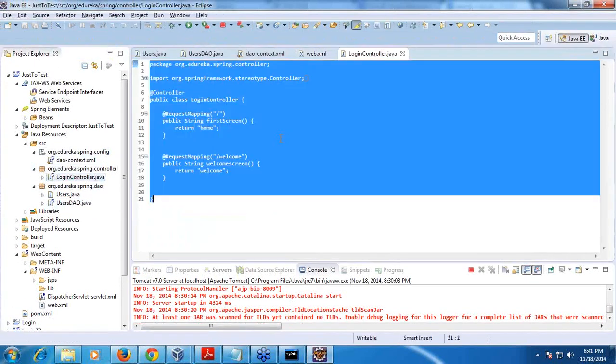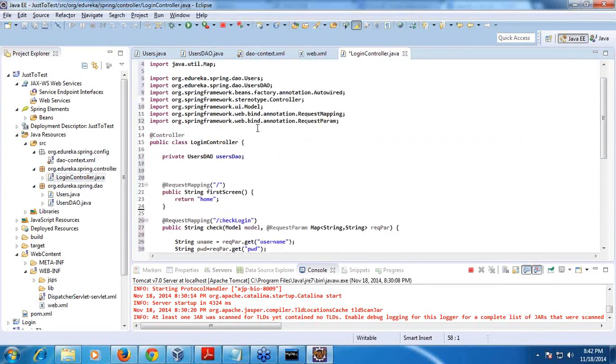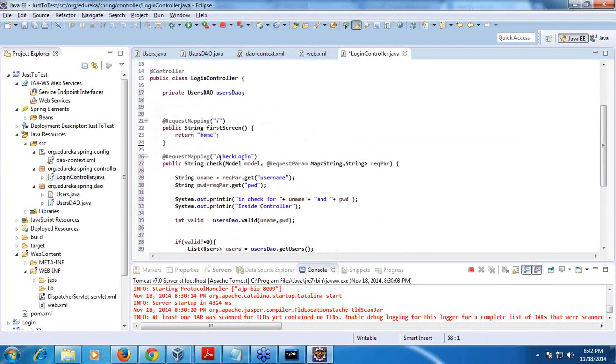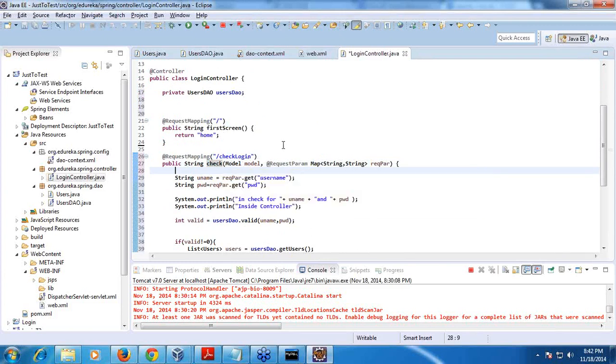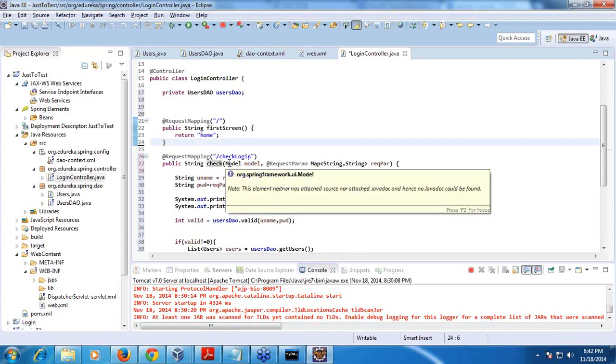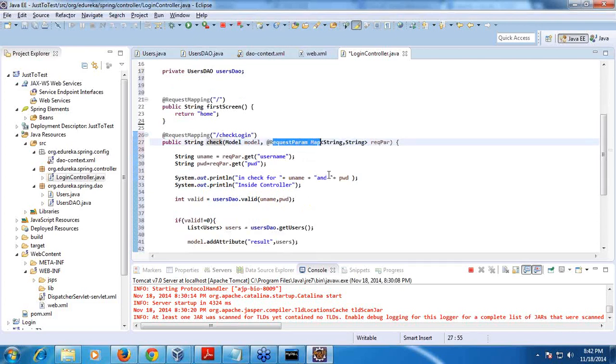See here, I am mapping this to check login. I have written a check method. I am taking a model object, it is a UI model. Any object you need to add, you can add to this model, and if you want to get the values from the request, you use request param.